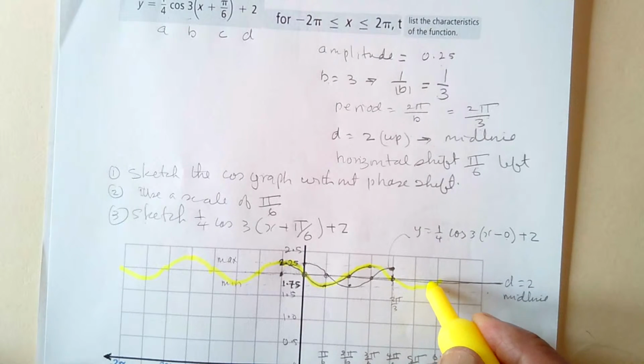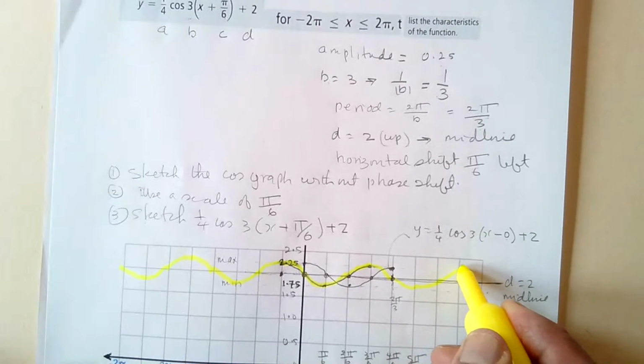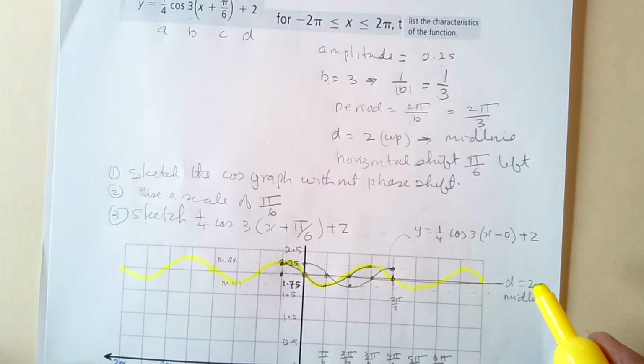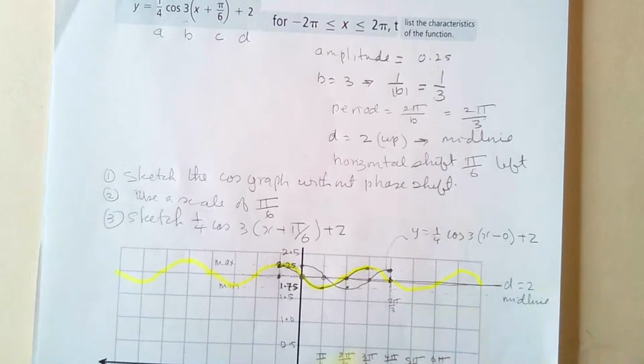Then it goes up there, comes down. So this graph now is y is equal to